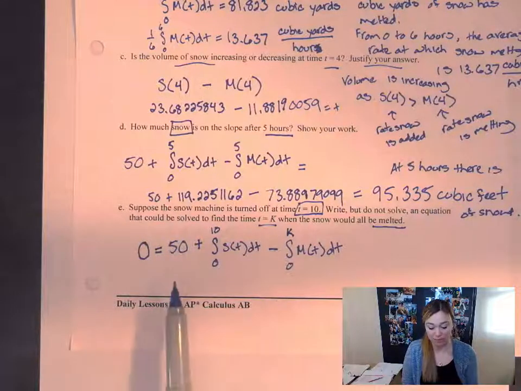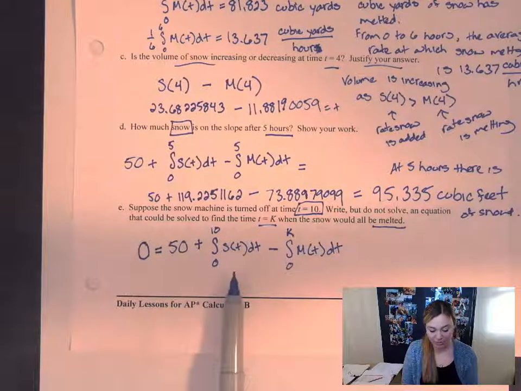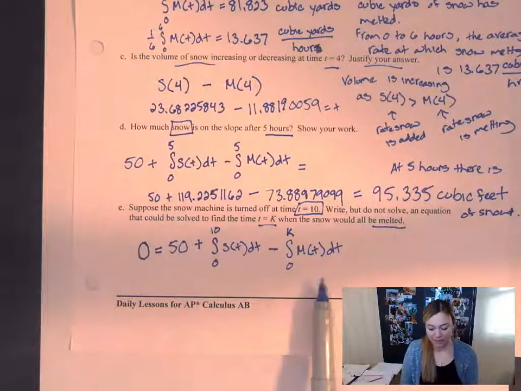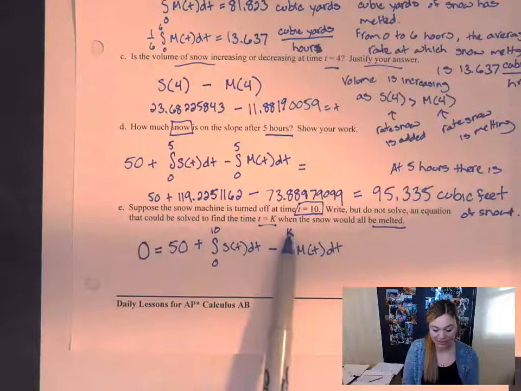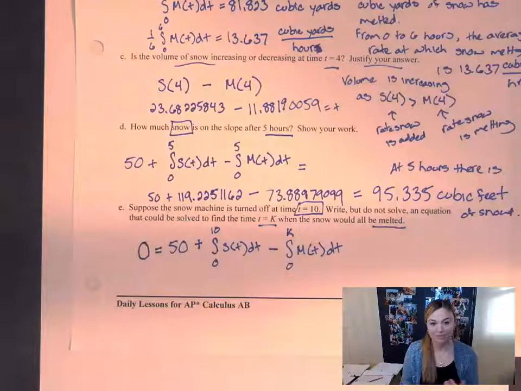problem. You need to know, this is really you understanding that you can integrate the rate the snow is being added to figure out how much snow is on the slope or being added to the slope. In this one, you're integrating m of t and you realize that's when snow is melting, that this is an active part of the equation, that you understand the limits of integration. All of this,